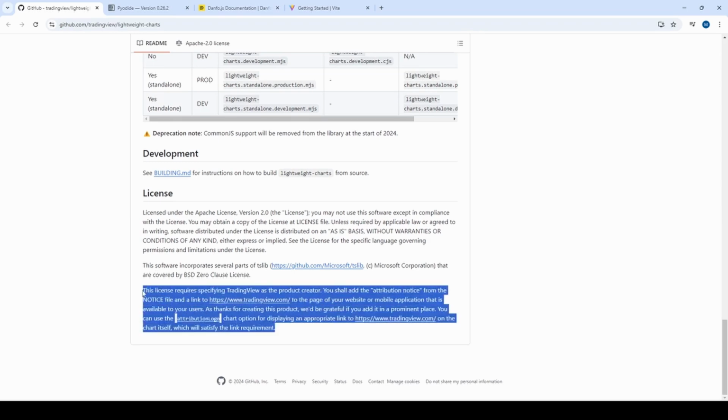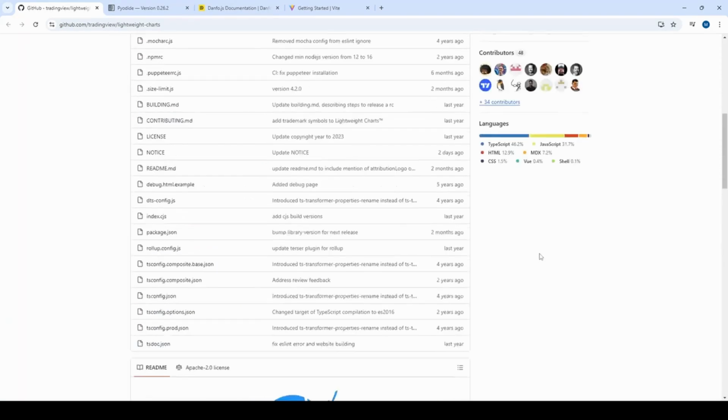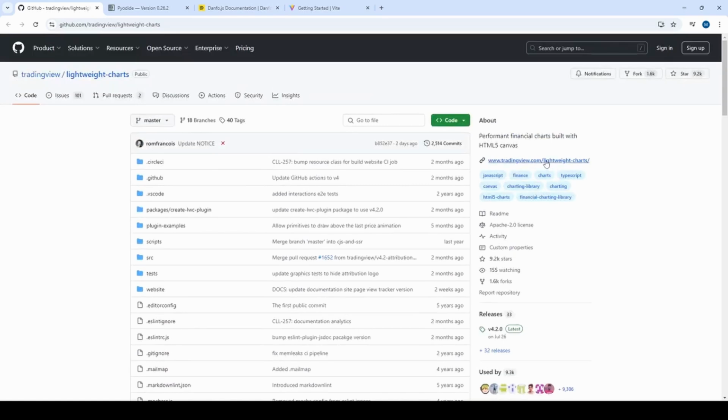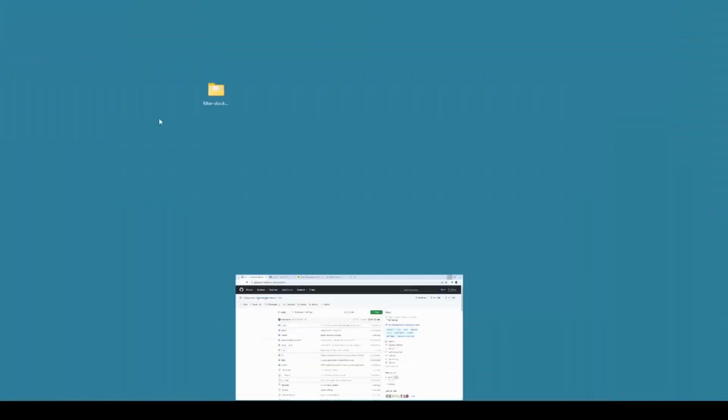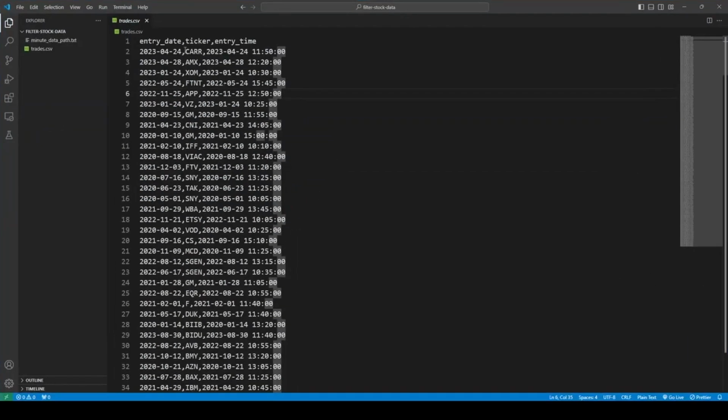I'll do that later, but yeah, I've used TradingView. It's very popular, and I think their lightweight chart library is probably going to work pretty well for what I'm trying to do. So there's that. First thing, let's grab this data set and load it into